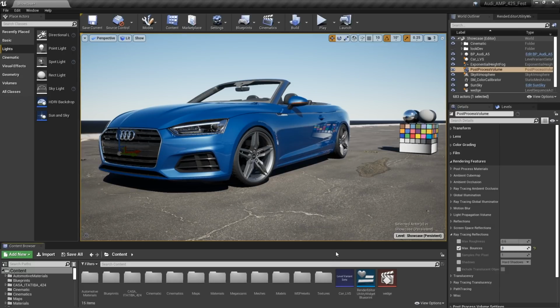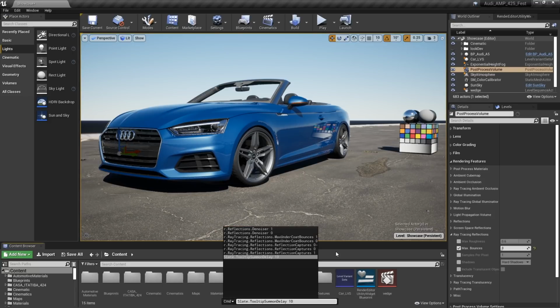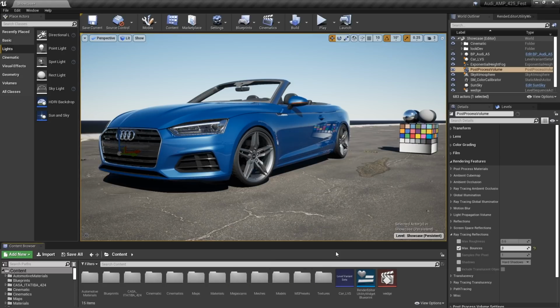So to fix that, we're going to use a CVAR that's going to allow us to have, after this last bounce, the ray tracer, instead of falling back to black, actually go out and sample the reflection captures. So if I hit the tilde key and use my up arrow to scroll through my list of recent commands, you can see that I have in this list raytracing.reflections.reflection capture, and it's a Boolean, so 0 and 1 to turn it on and off. So as soon as I turn that on, instead of falling back to black, we're going to go out and sample that reflection probe that's basically part of the skylight. So it's going to sample the sky color, and that looks a whole lot better.